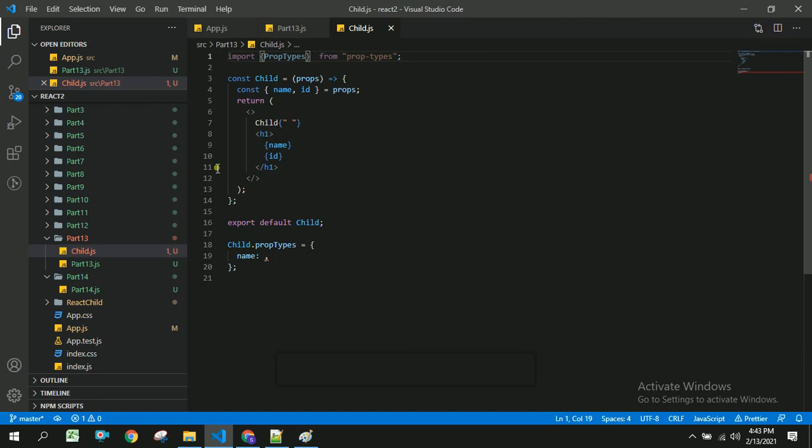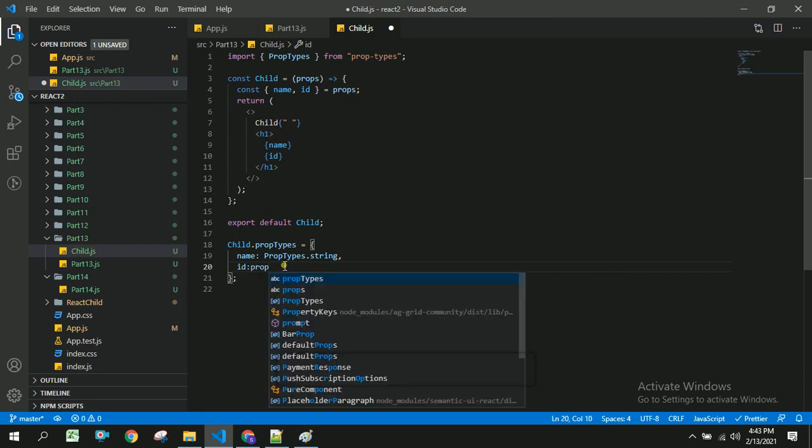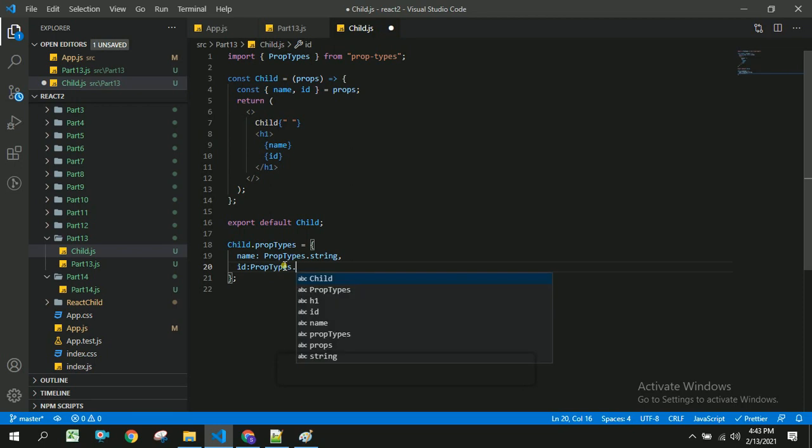Now I am going to use these PropTypes to specify name as a string and id as PropTypes.number. So whenever any developer wants to use this component, he has to send name and id, he has to specify the name as a string, and he has to send id as a number.